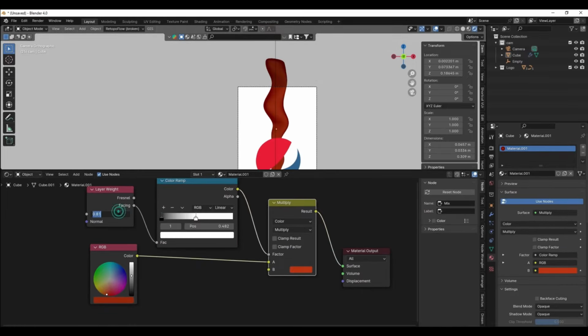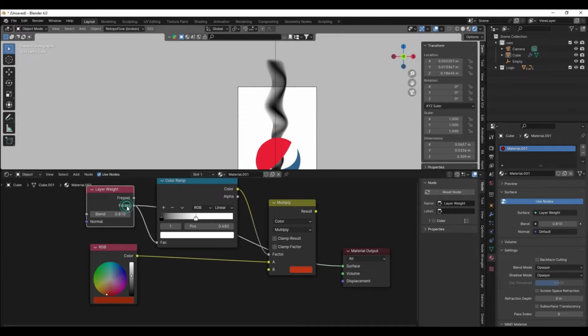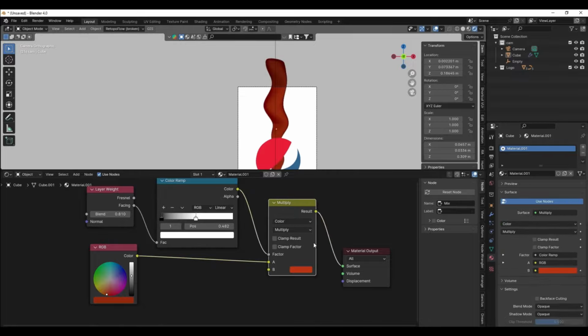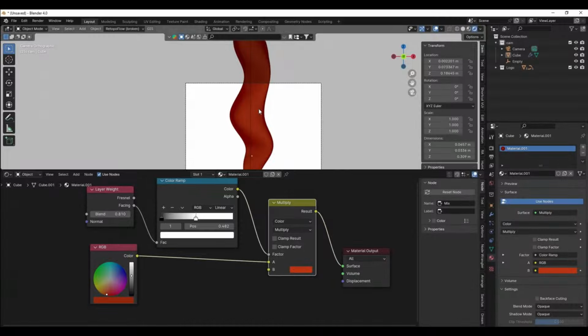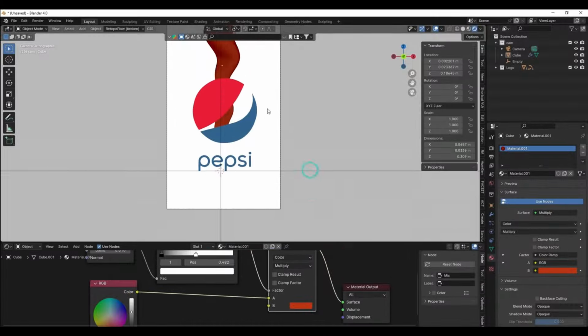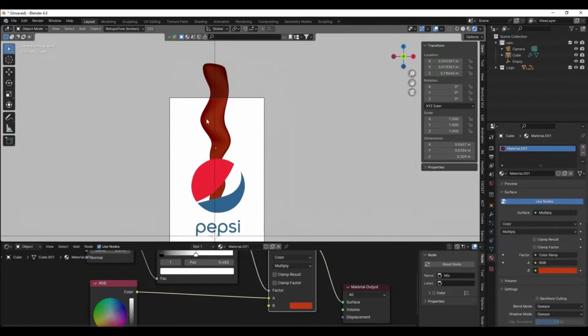So basically we use the layer weight, and using the face rig, which looks like this, I'm using a color ramp to crunch the colors, and then I'm multiplying it with a slightly darker color, and basically this is going to give it shading. Now you can either do it this way or keep it flat. This is completely a stylistic choice. Okay, once this is done and I'm happy with it, we can move on to the next part of the